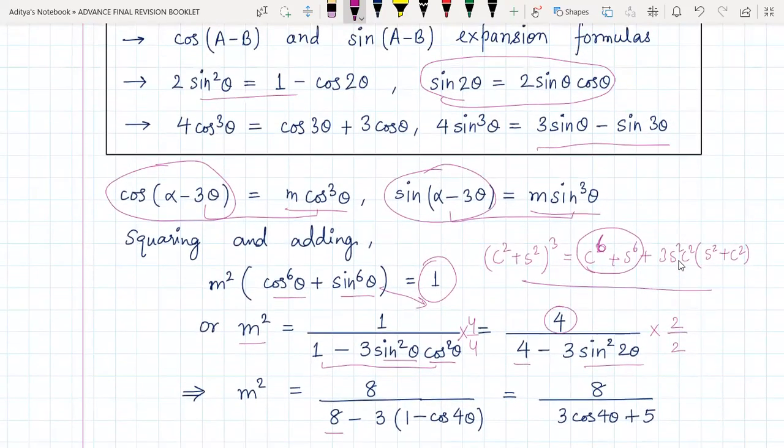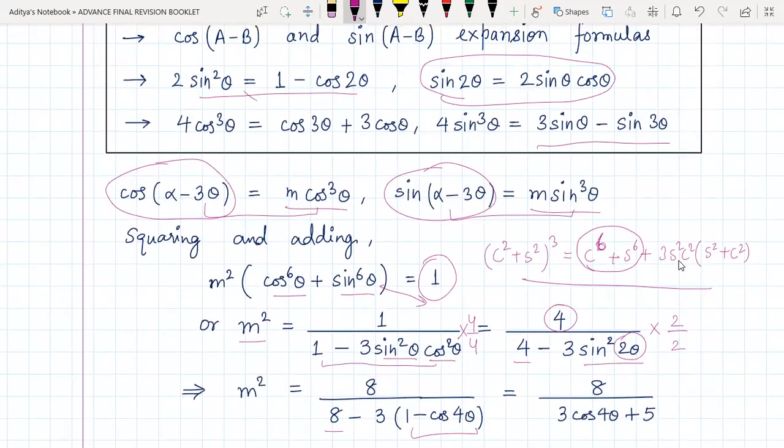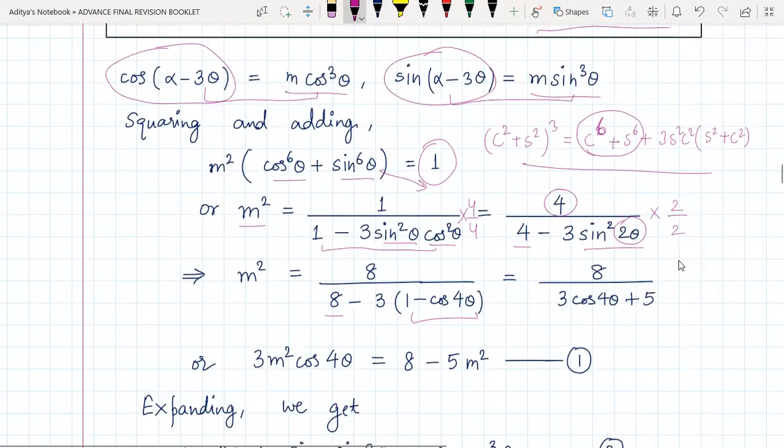I am writing using this formula. Look, 2 sine square x is equal to 1 minus cos 2x. In this case, the x itself is 2 theta, right? So basically cos of twice of 2 theta it would become. So 1 minus cos of 4 theta it has become. Basically in this formula, I have simply replaced theta by 2 theta. And that's how we got 2 sine square 2 theta value as 1 minus cos 4 theta. So on rearranging, we get this thing.